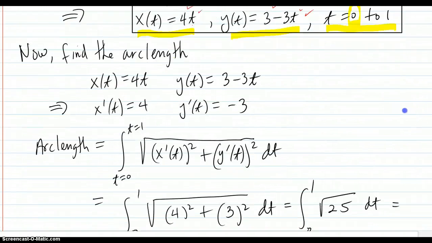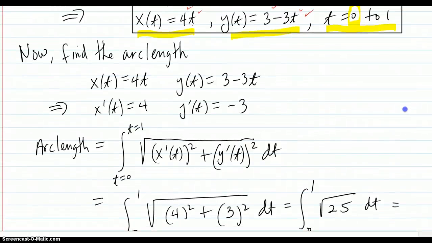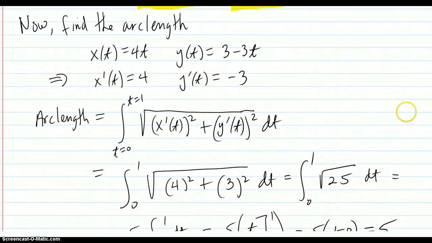Now we're going to find the arc length. So here is our function with, of course, t equaling 0 to 1. X prime is 4, y prime is negative 3. So the arc length is t going from 0 to 1 of the arc length formula for a parameterized curve, which is the speed here times dt, because speed times time, or delta t, is length. So we're adding that up,